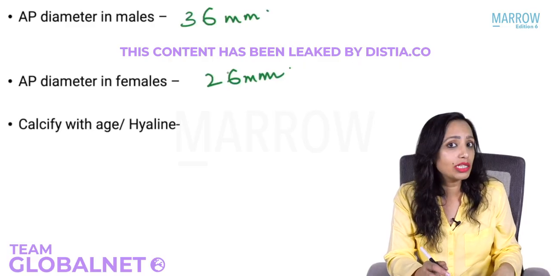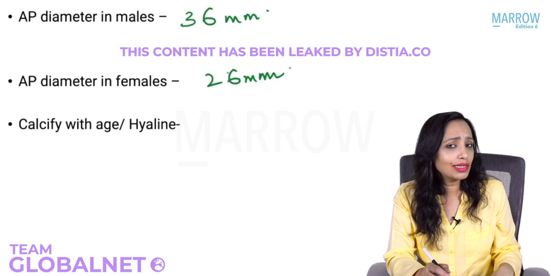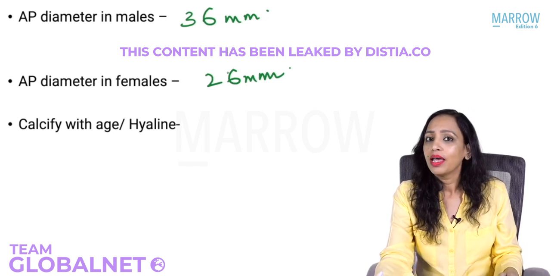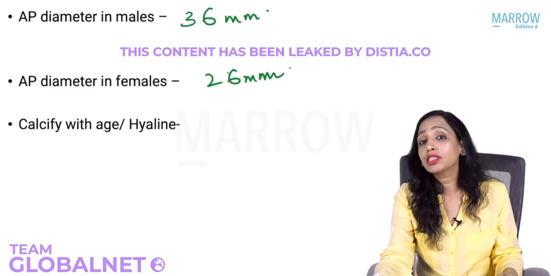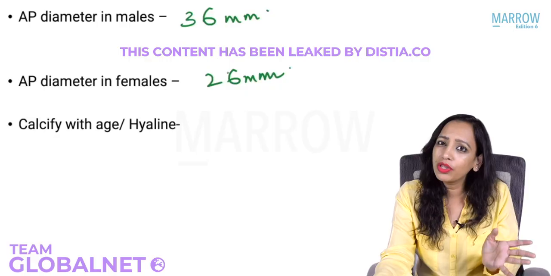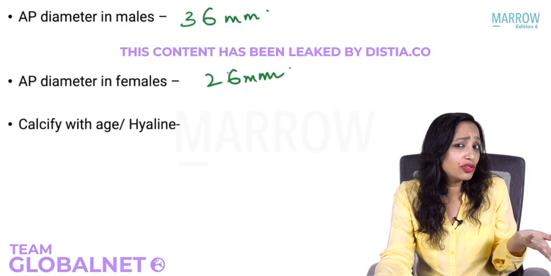And which are the ones which will get calcified? Not all get calcified. We know that only the ones which are hyaline get calcified. So which are the hyaline cartilages? In fact, I should ask you which is the elastic cartilage. We know the epiglottis is the elastic cartilage. Yes, the rest of the important cartilages are all hyaline. So which are the cartilages which are left?